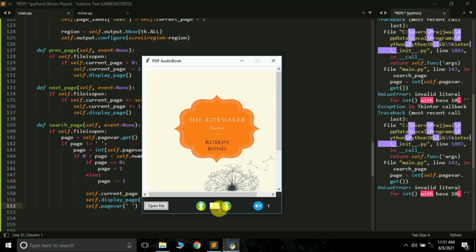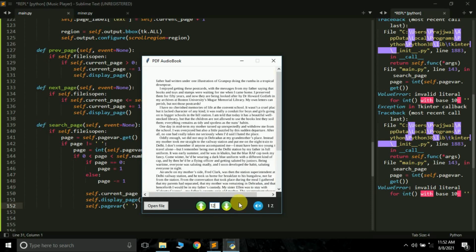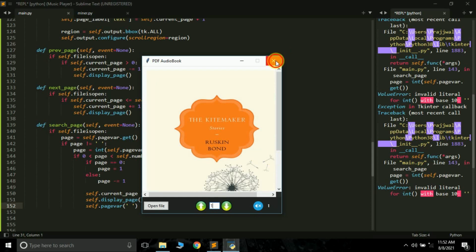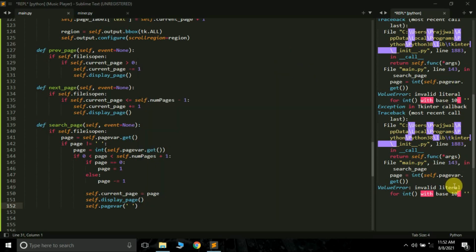Here also I got an error: invalid literal for int with base 10, space. I have to do something again here, do not worry. And if I pass 12 here, it shows page 13. Yes, I'm able to move using the enter button. So it's working fine, except that we have got an error here.